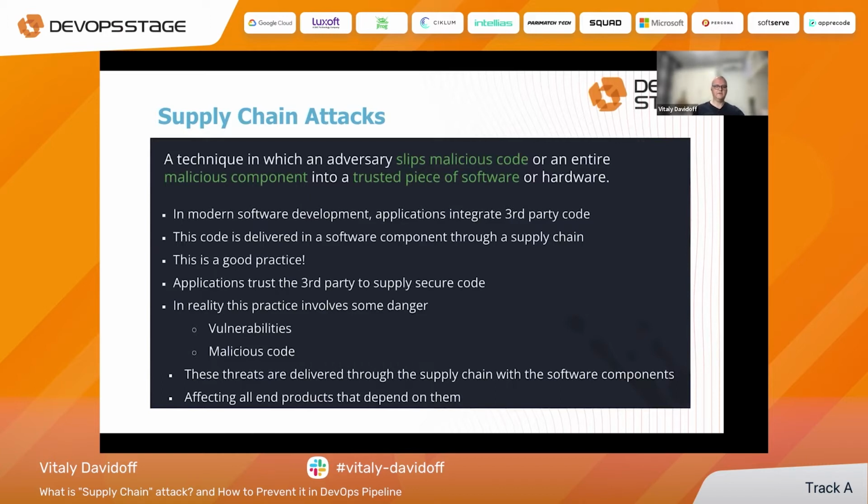But we have some points I just wanted to emphasize. Applications trust third parties to supply secure code. Okay, this point might provide me different feelings, because "applications trust the third party to supply secure code" is something that I cannot agree with. It's true for our days, but just think about it. Everyone can